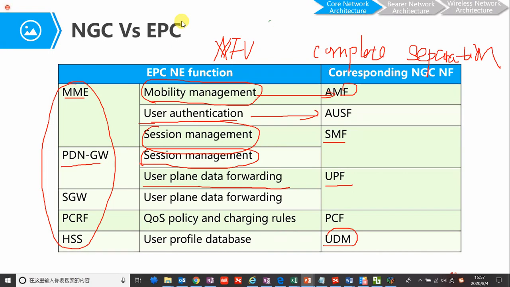These functions can be deployed depending on your need. If we want to deploy the core network user plane nearer the application, because of security and latency issues, you can deploy it near the application, near the user.